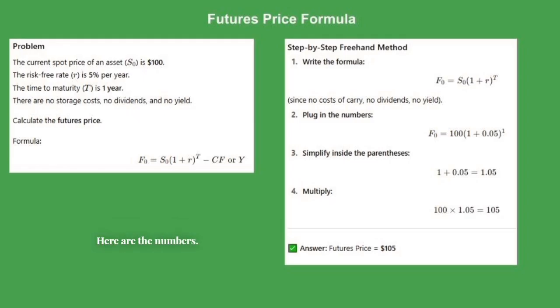Here are the numbers. The spot price is 100. The risk-free rate is 5%. The time to maturity